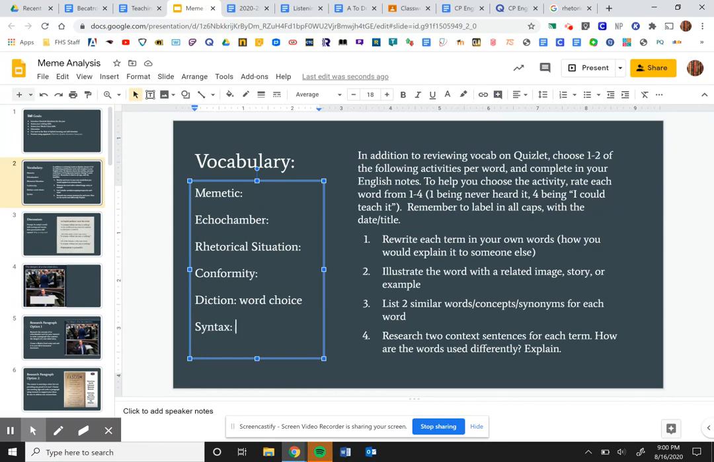Syntax is simply arrangement of words. So if someone has complex or complicated syntax, it means they're using a lot of commas. It means they're using a lot of clauses and phrases. If they have simple syntax, that might just mean that they're using a very easy to read sentence structure, kind of like a kid's book where it's just subject, verb, subject, verb. All right. So